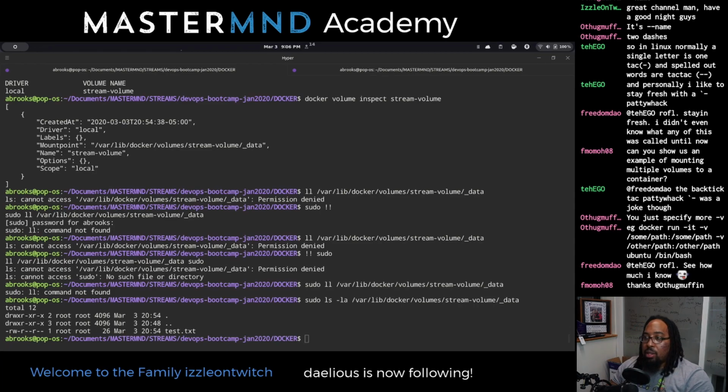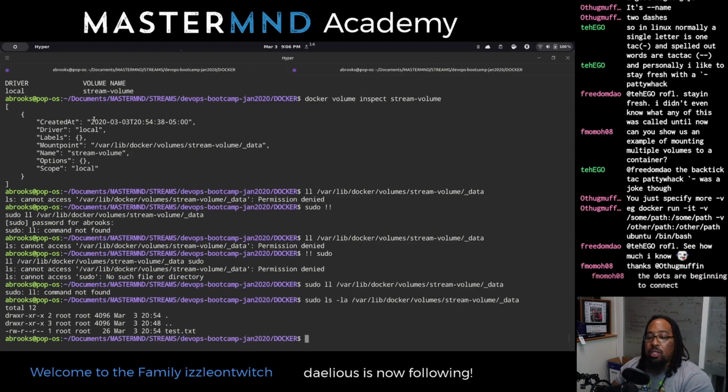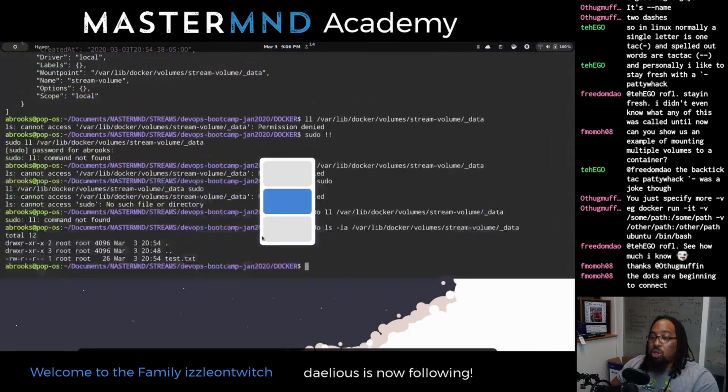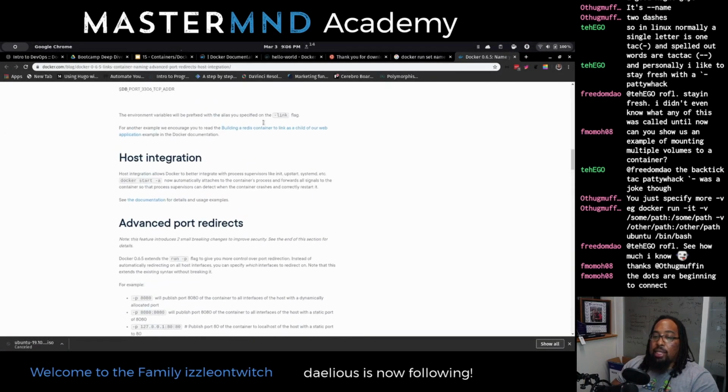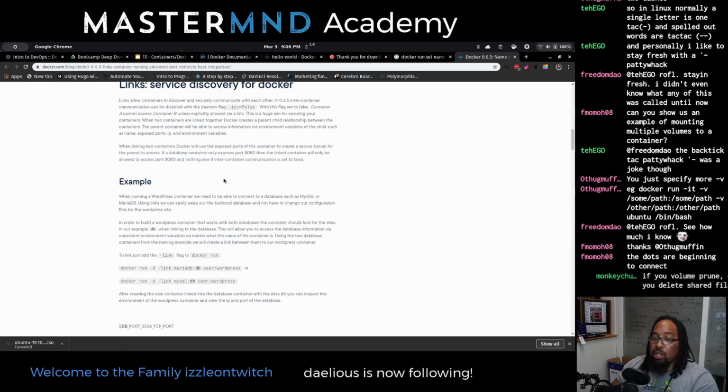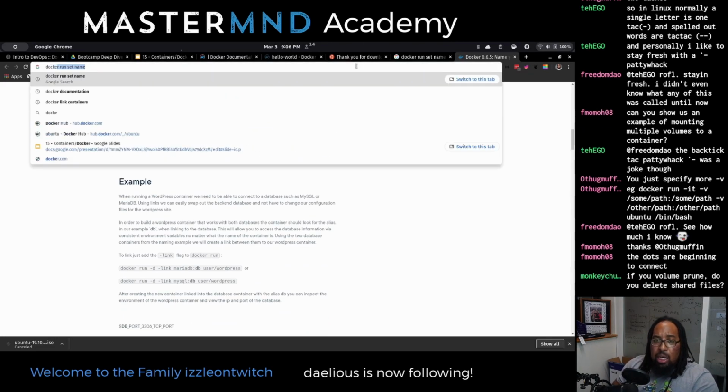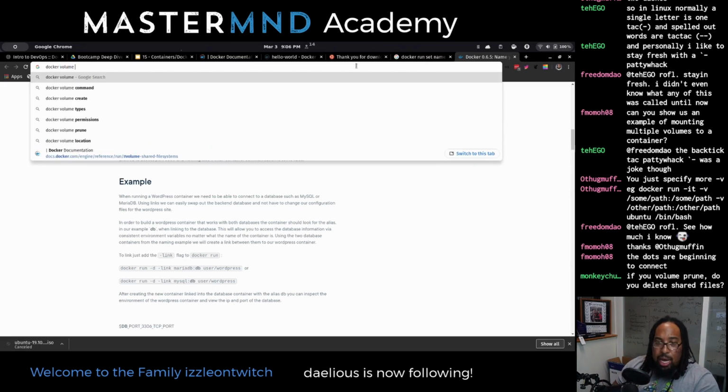Yes, whoops. Let's go back. Where'd this go? There are different drivers. This local driver that you see here, again, it references local storage. There are other drivers that allow you to do different things, so you don't have to save. There are other ways for you to manage this. And I wonder if they've released any more since the last time.